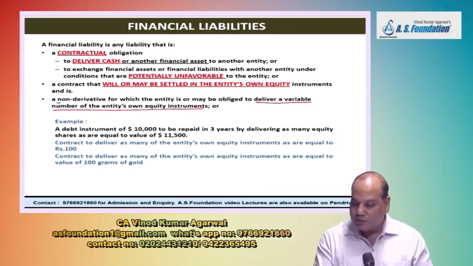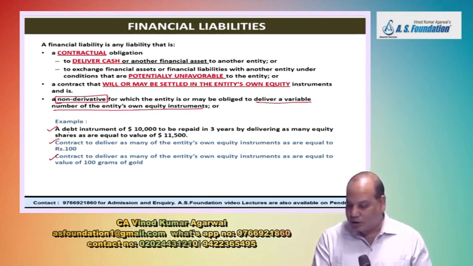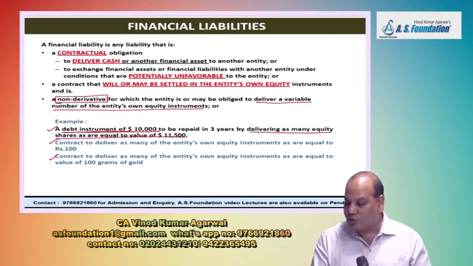A non-derivative contract where the entity may be obliged to deliver a variable number of own equity instruments. Some 3 examples I have mentioned here of how this contract is a financial liability. A debt instrument of $10,000 is to be repaid in 3 years by delivering as many equity shares as are equal to a value of